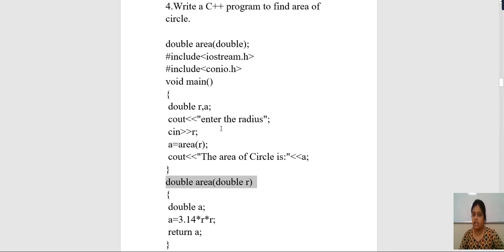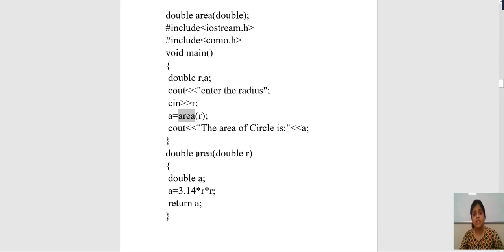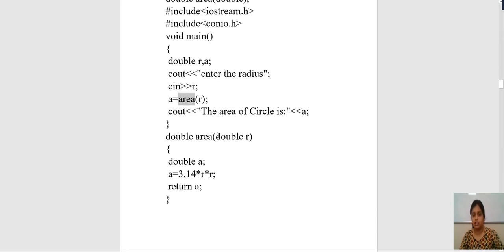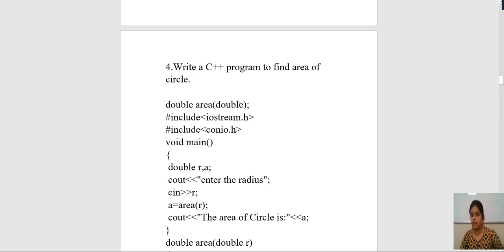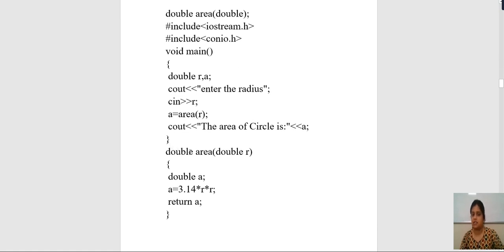So after entering the radius, what will happen? The area function will get called. Once the function is called, you will go into the area function part. See, this is the part which will be executing. What is given here? Function declaration is done over here. The definition is written as double area double r. R means radius. As you are using radius for calculating the area, you are defining r here.